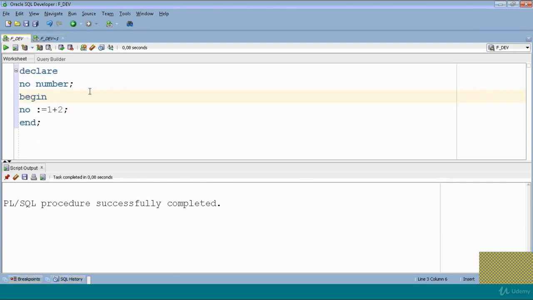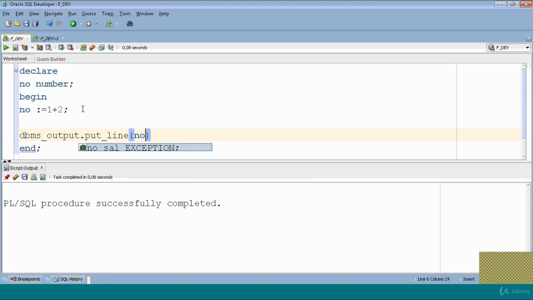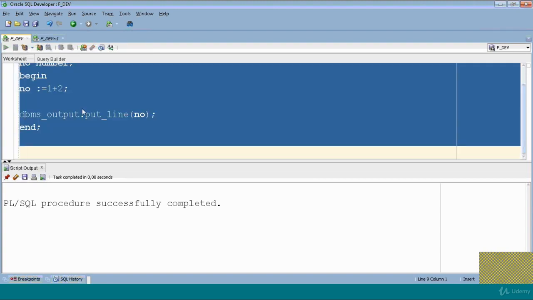Now we want to see the output of the number. So we write DBMS_OUTPUT.PUT_LINE with the number variable. Clear? Now we will run it again. Select all, run.